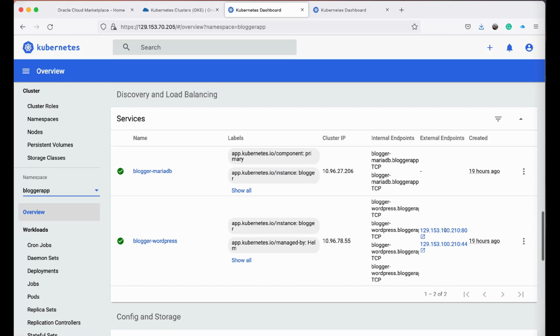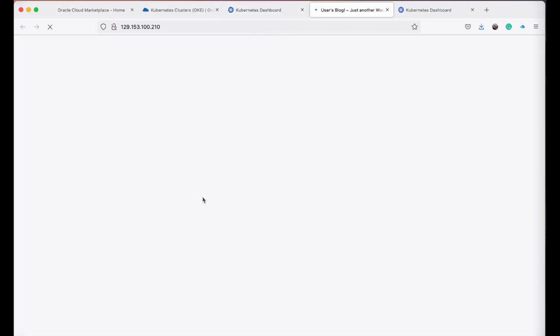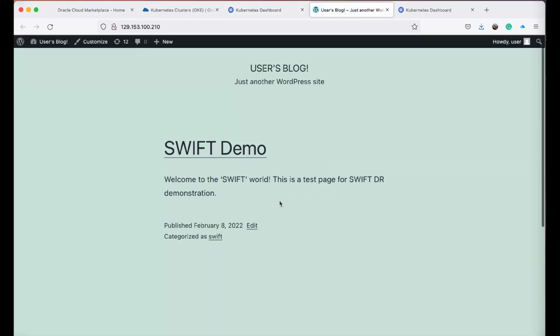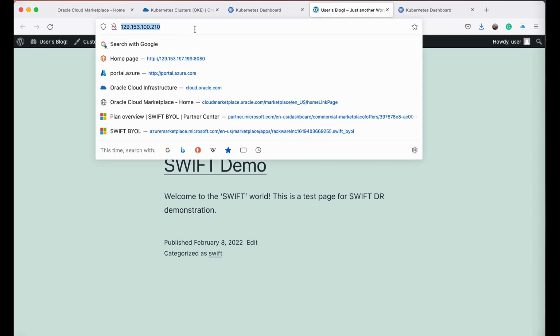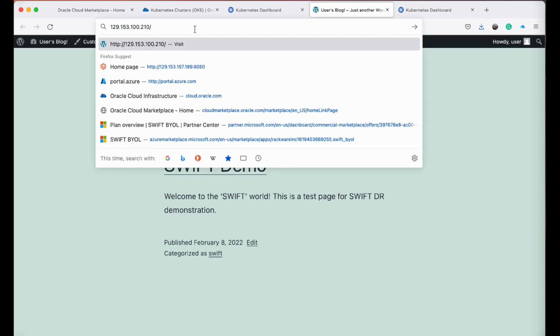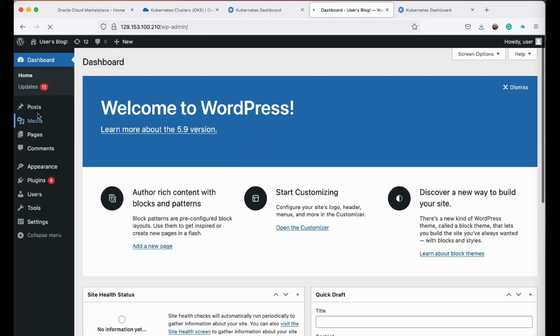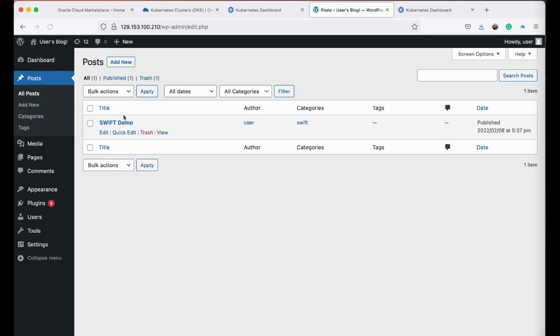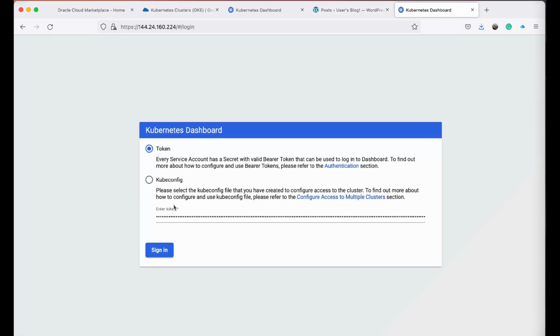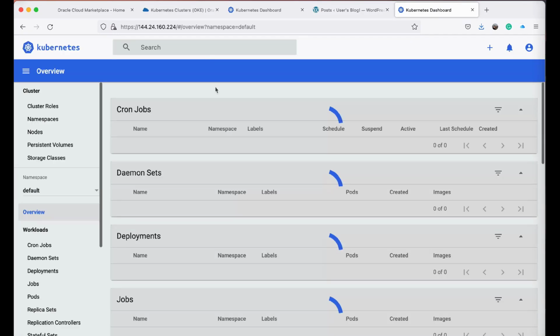Now let's look at the sample application. So I'll just connect to it. You can see it has an application blog there. It's a test blog. Let me log into the admin interface. And you see that it has the blogs created, a couple of categories created. It has sample posts created. Now let's go to the DR cluster